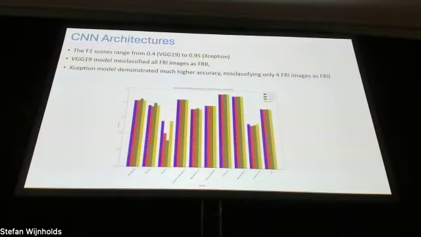And we also experimented on different architectures. So I'm not going to go into detail on that, but by doing the experiments we found that Xception, the architecture of Xception, provided the best F1 score with only 4 FR1 images misclassified, as compared to the worst one, which is the VGG19 model, which actually classified all the FR1 images to be FR2.